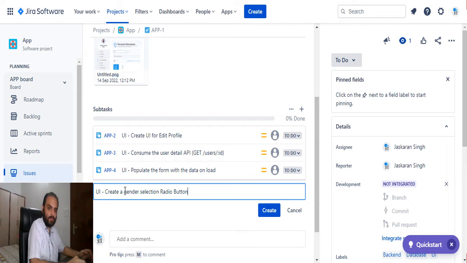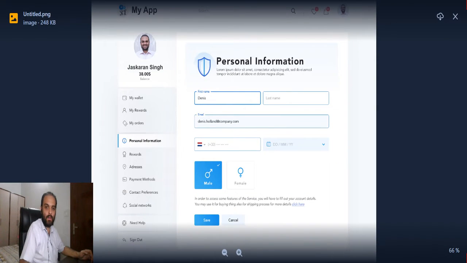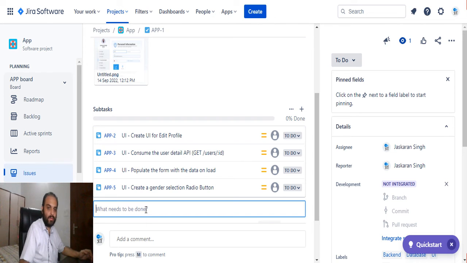And then we have a phone number field, right? So create a phone number field